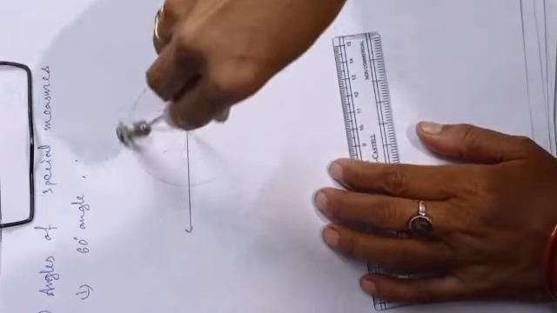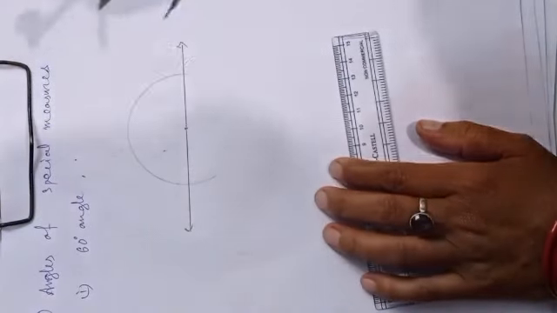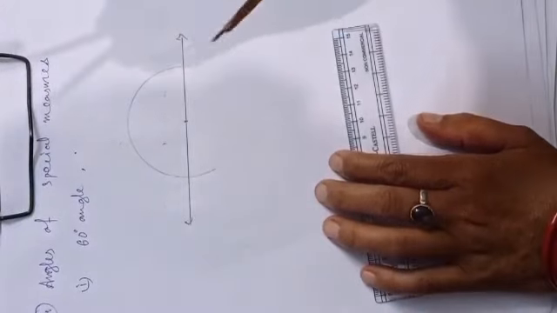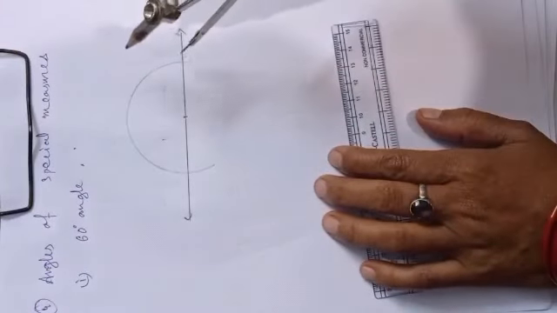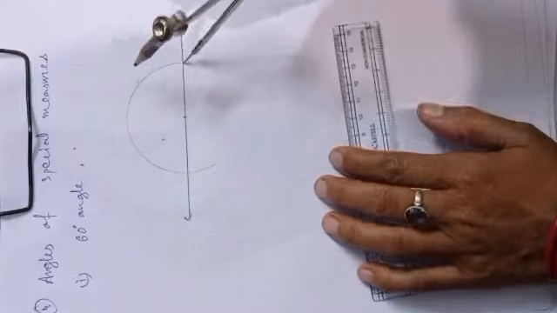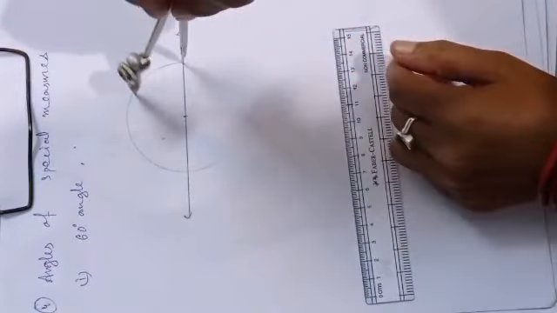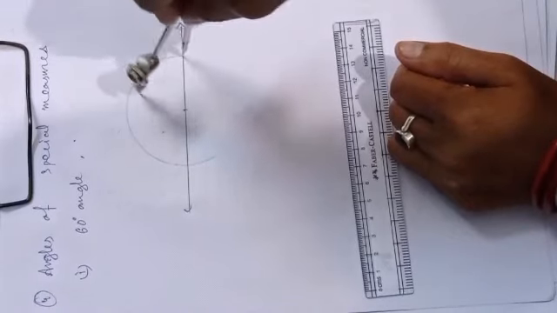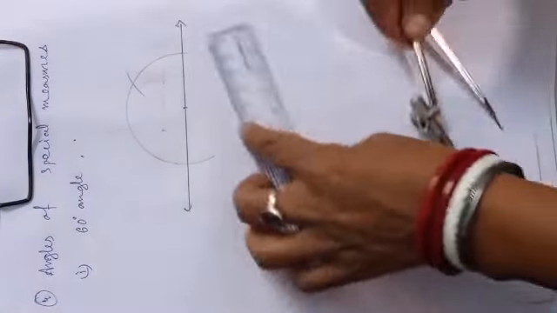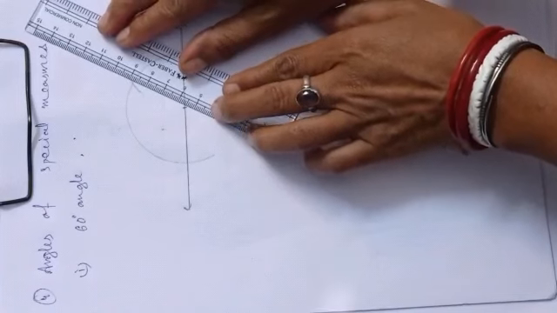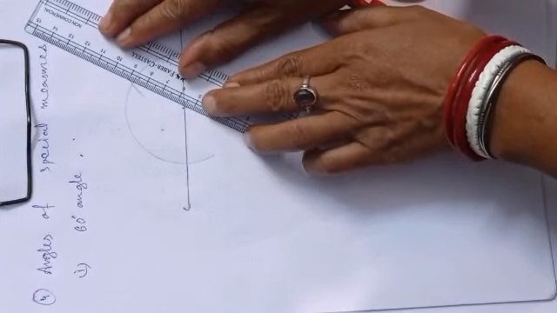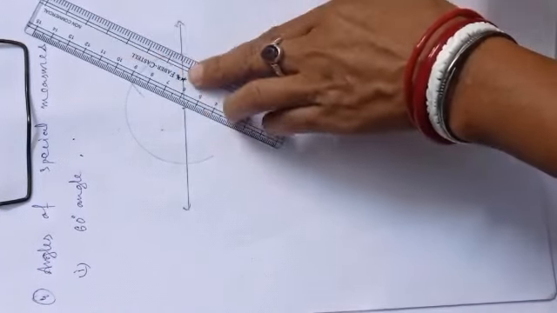Follow the same steps to construct these angles. Now, without disturbing your compass, whatever radius you have taken earlier, don't disturb this one. Now put it here, then cut the previous arc. Here I have cut it. Now if I am joining these two, I am going to consider this center as the vertex for this angle.